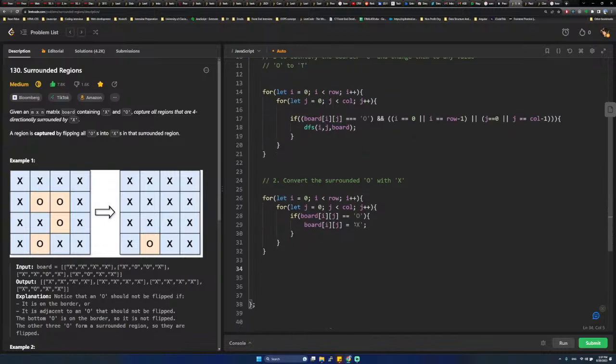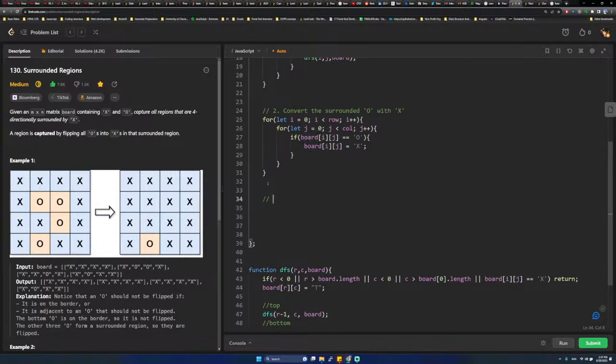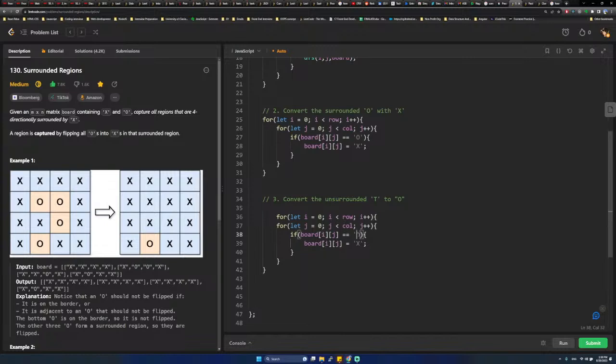So yeah, once we have got that, the O's that we converted to T's, now we have to change them back to O. Convert the unsurrounded T to O. So we'll have this copied again, and then we'll have this changed to T and this to O,